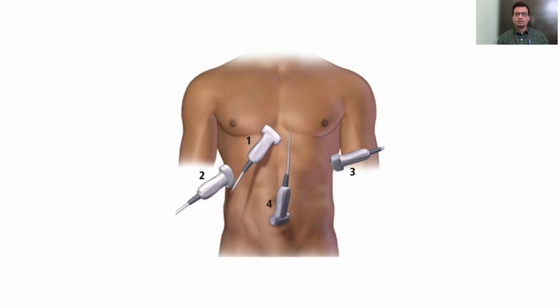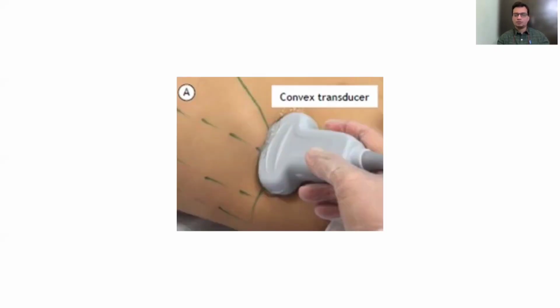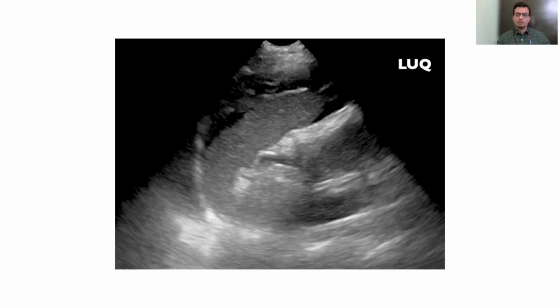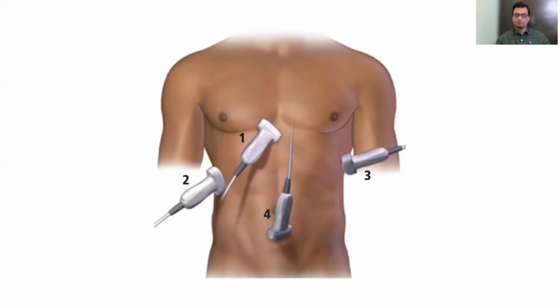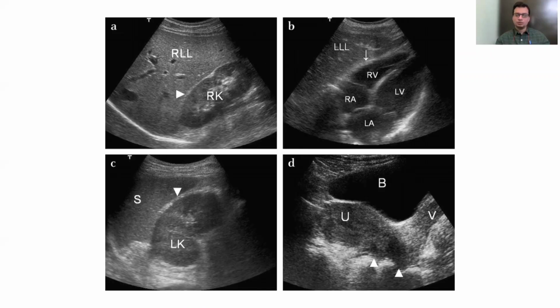To perform a FAST examination, the operator uses a low frequency phased array or curvilinear probe and images the hepatorenal and splenorenal space in the coronal axis. Ascites appears as a hypoechoic collection within the space. Okay, blood accumulates in these spaces as they are dependent in position when the patient is supine. The operator then images the pelvic area by placing the probe over the pelvic bone in the transverse scanning axis. The tomographic plane is angled into the pelvis to check for the pelvic fluid collection as well.